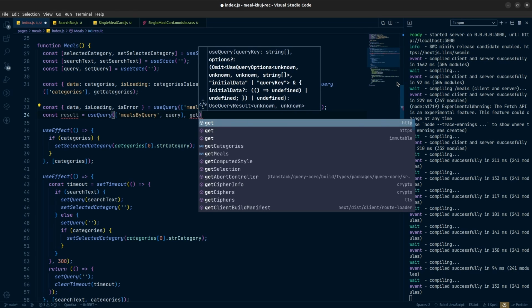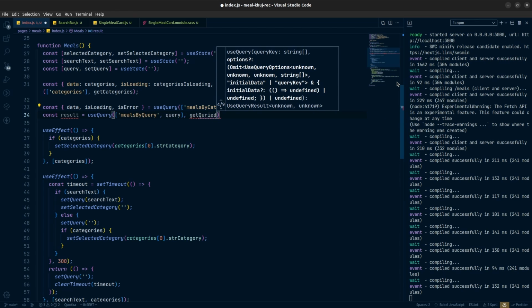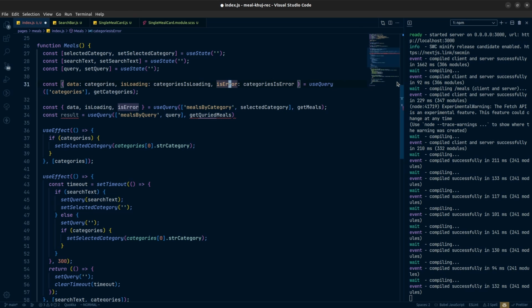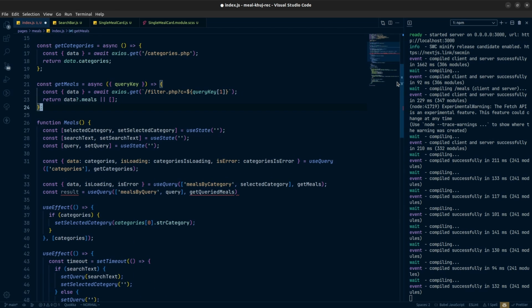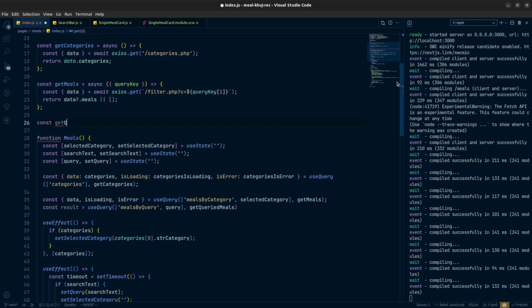So the name of the function will be getQueriedMeals. And I think I have a misspelling here, so like that. So getQueriedMeals, and const getQueriedMeals